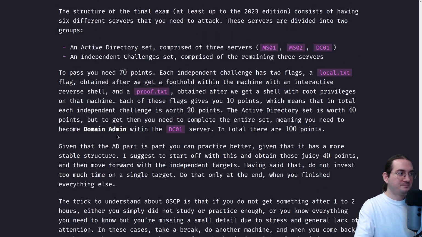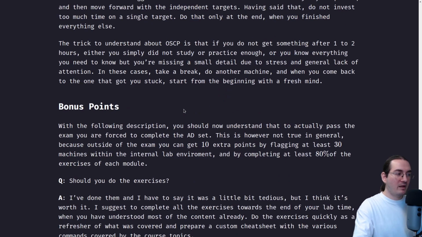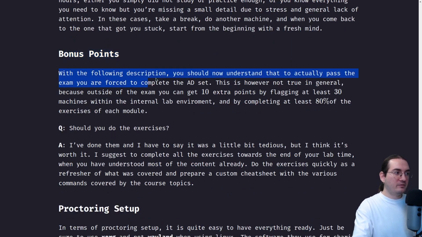Now, as I said, if you just do the exam, that's it, with the independent challenge, you will not have enough points to pass the exam. However, during the course, you can get bonus points. Now, with the following description, you should now understand that to actually pass the exam, you are forced to complete the Active Directory set. This, however, is not true in general,